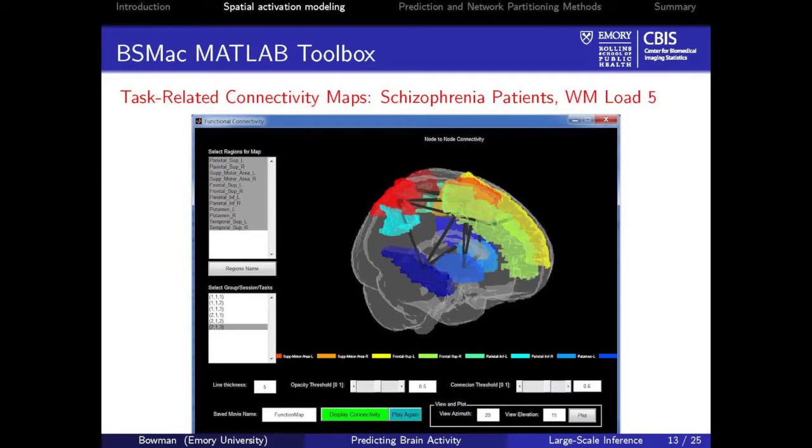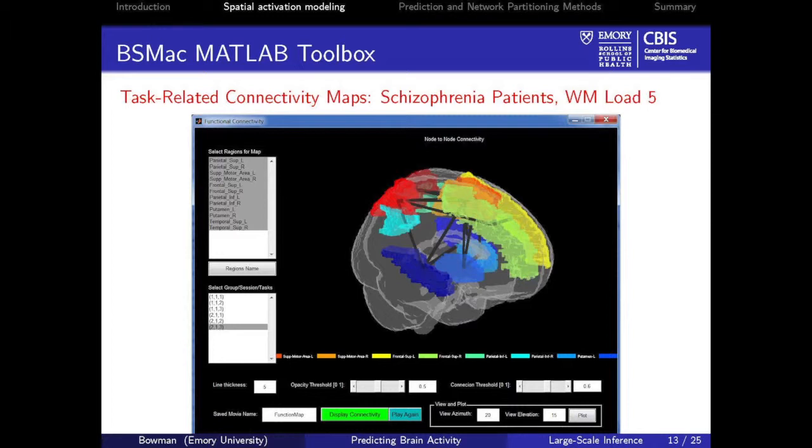I'm not going to go through all of the functionality, but another thing is we can look at what we call task-related connectivity maps, and the task-related connectivity comes from the fact that these are correlations. You can think of just a covariance matrix between all of the regions, and so these capture correlations operating at the level of the summary statistics rather than correlations between the original time series between these regions. And the latter description is, I think, what many people in neuroimaging think about as functional connectivity. So we preface it with task-related connectivity or paradigm-related connectivity to try to distinguish that. So this just shows a map.